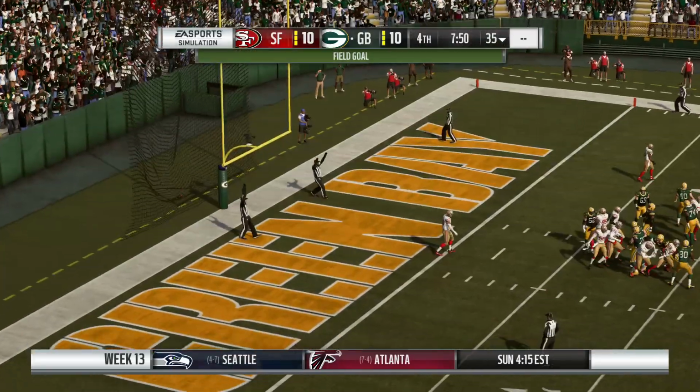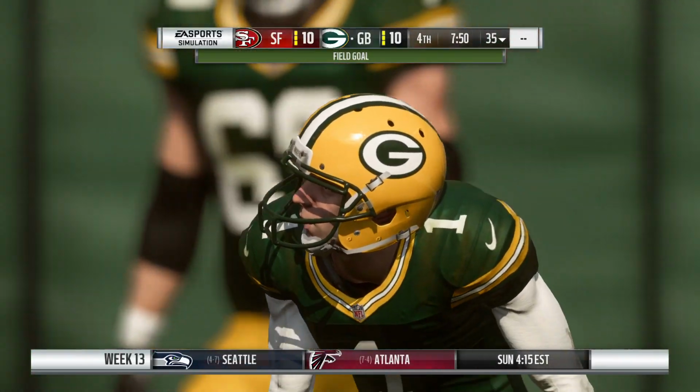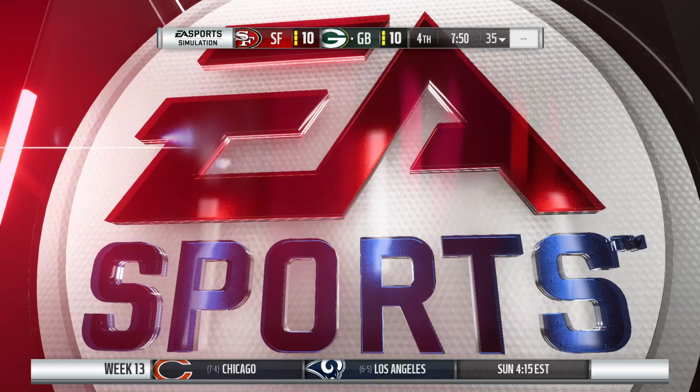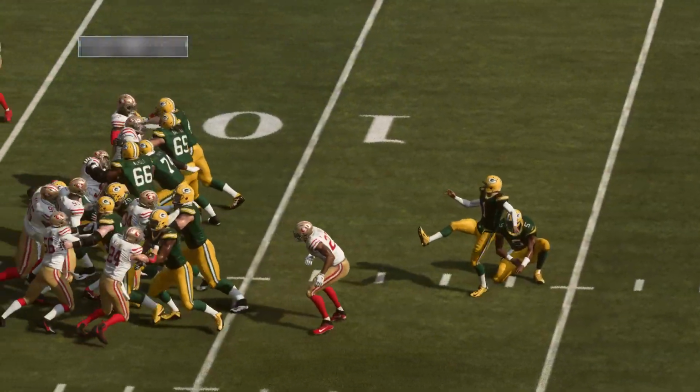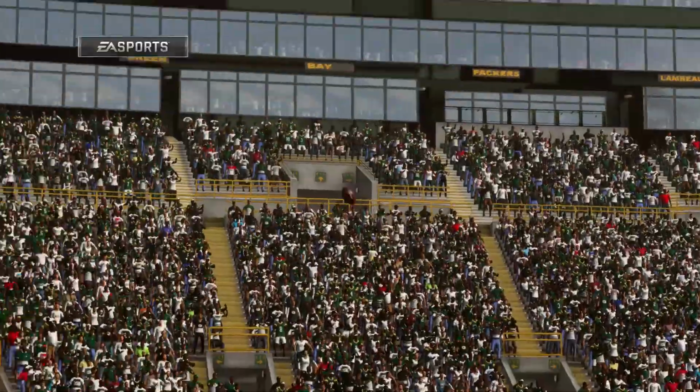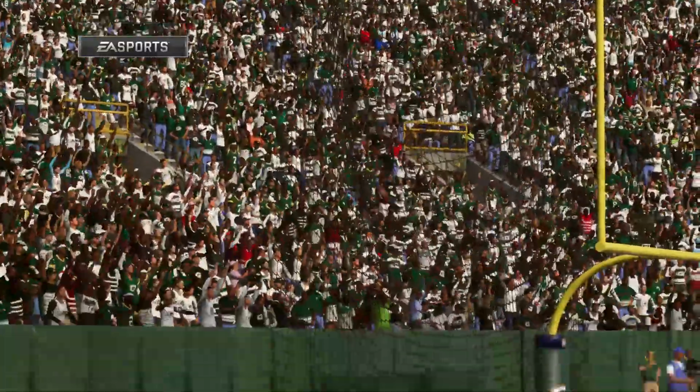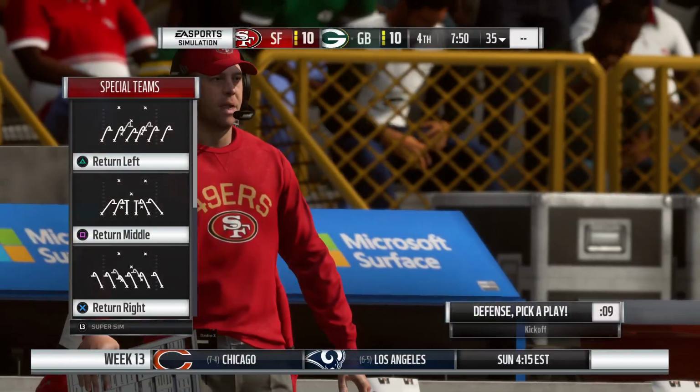And Santos able to put this one up and through. It's good. And in the 4th quarter, this game is tied. I tell you, the life of a kicker. He has not been called on the entire game. He's over there by the net, but they send him out here in the 4th quarter and say, hey, go tie the game, will you? And guess what? He comes through. I just don't